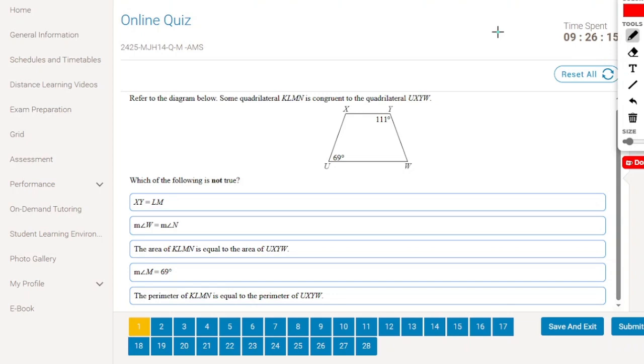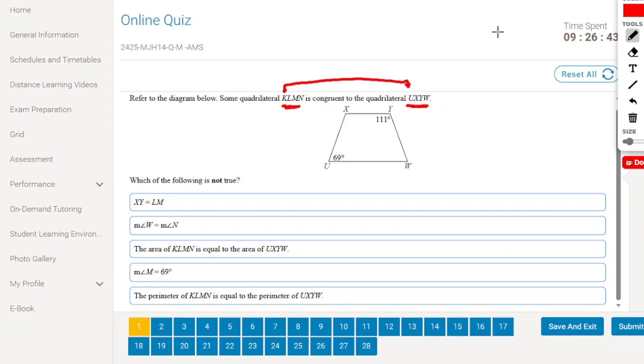Question number 1, refer to the diagram below. Some quadrilateral KLMN is congruent with the quadrilateral UXYW. And I have the shape for UXYW. So let's draw KLMN. So here to draw the KLMN, I have K, the first point, which is K,